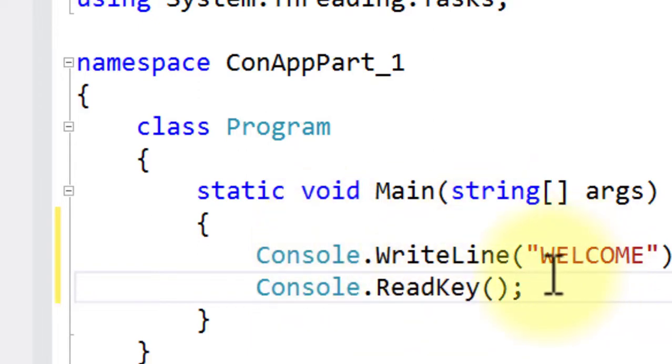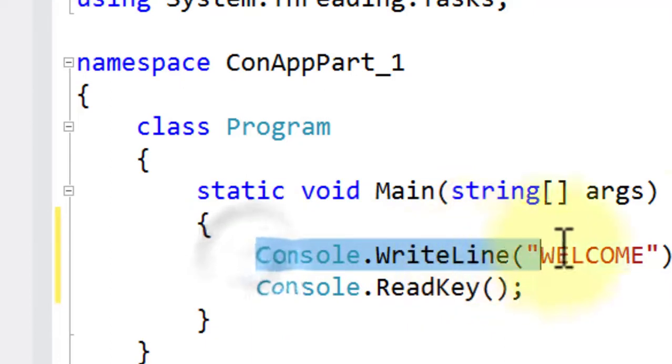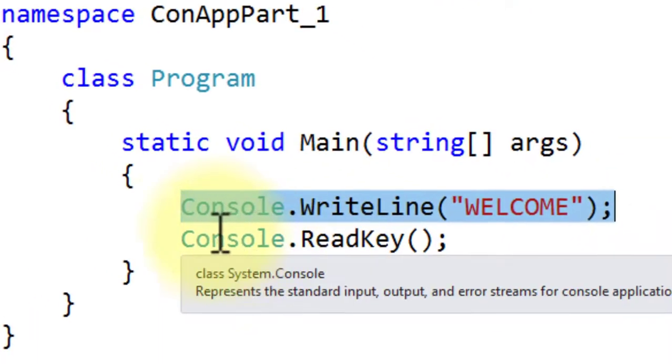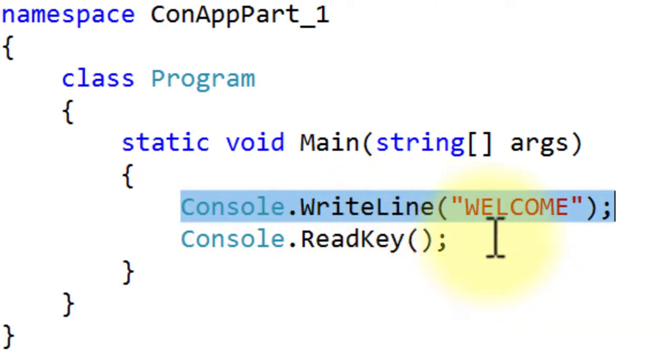Because it will display the welcome message, and after that it reads the key from the user. Until the user presses any key, the welcome message will be displayed on the console. Okay, so this is the Main method.